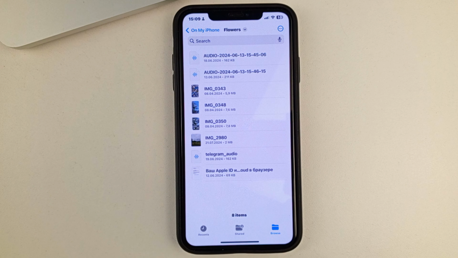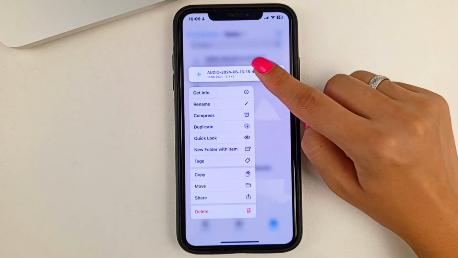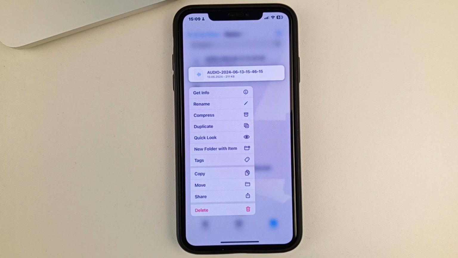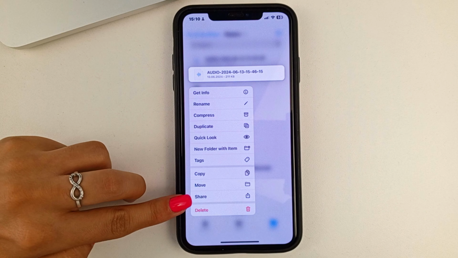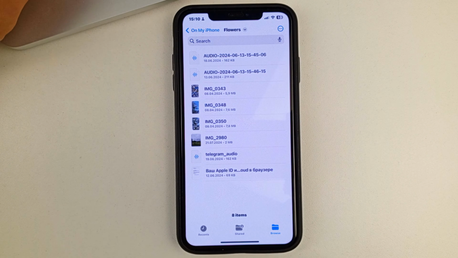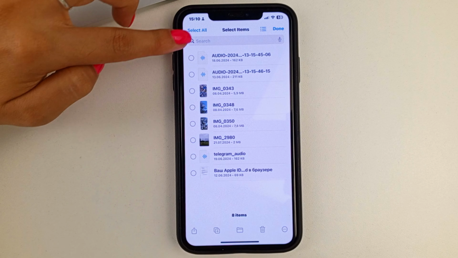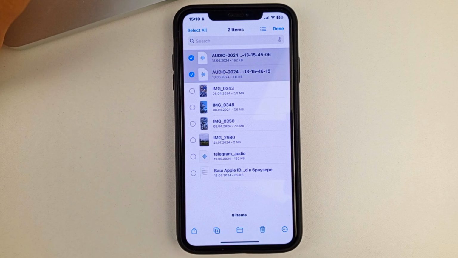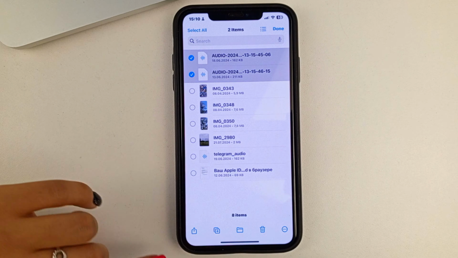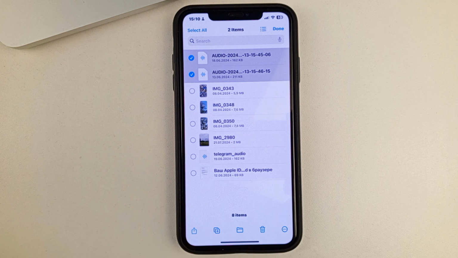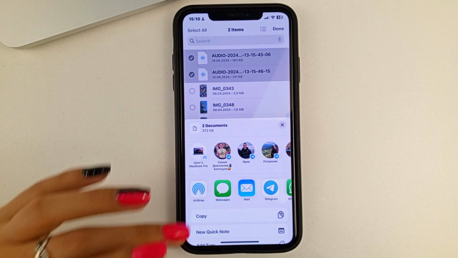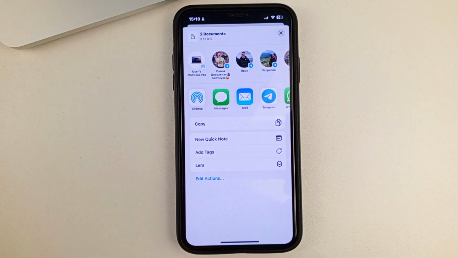And now, if you want to send one audio file, then you'll need to tap and hold on it. And then you're going to have to select Share. If it's more than one, then you'll need to click on the three dots at the top, on the right-hand side, and select. Then you select Audio Files, after which you click Share at the bottom the same way. Next, you'll get a menu.